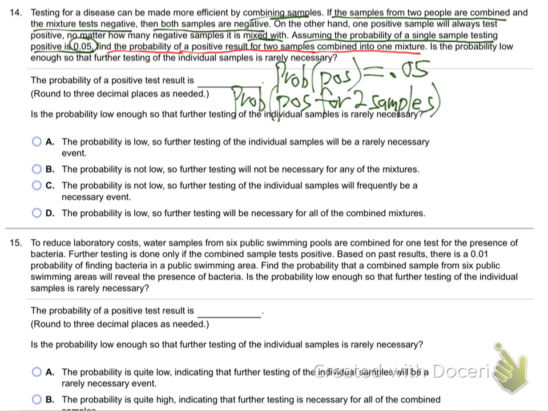Now, is this something we've done already? It actually is, but you might need to think a thought to get there. What has to happen for when you pour them in and the mix to come out positive? So you want the mix to be positive. All we need is at least 1. It's an at least 1 question. If at least 1 of those 2 is positive, then the whole mix is going to test positive. That's a fancy at least 1 question.